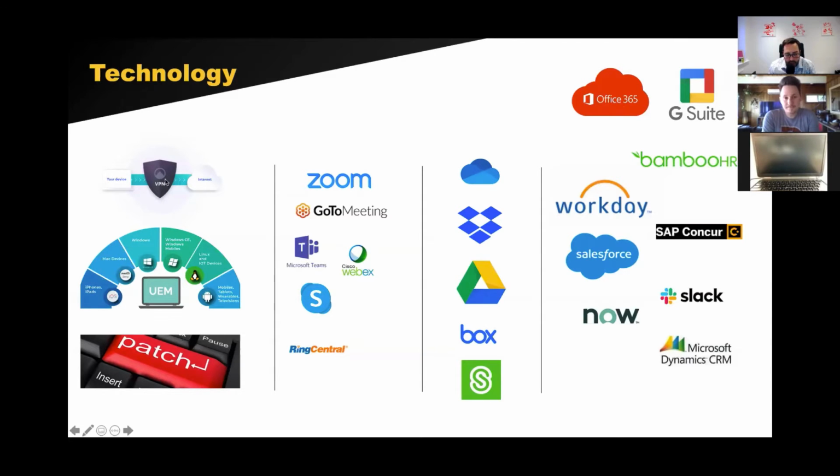Then you sort of come down to the networking element of it and how do you manage endpoints. And I've spent some time, as has Mike, in deploying these types of technologies before, but lots of people within your organization won't know what a VPN is or how to configure or log into that VPN. And giving someone VPN access obviously allows you to have secure access to corporate applications and data.